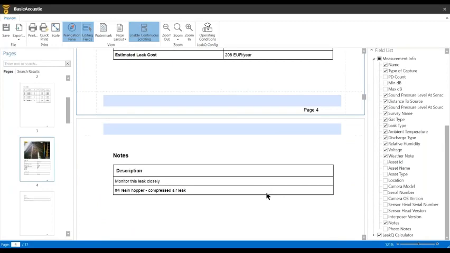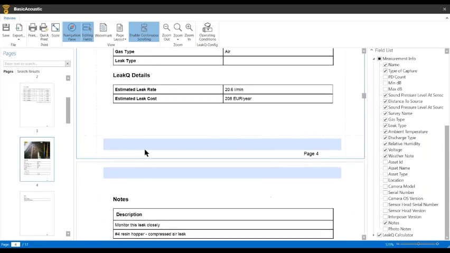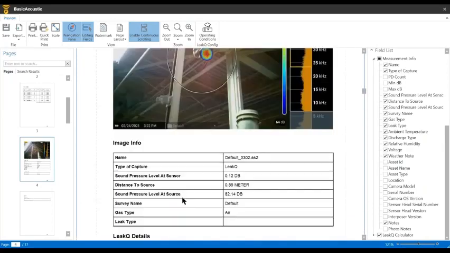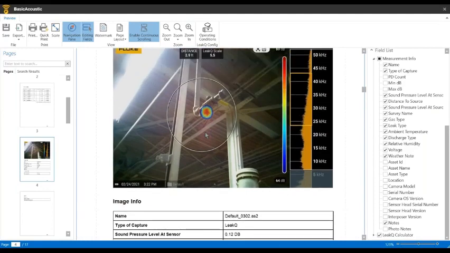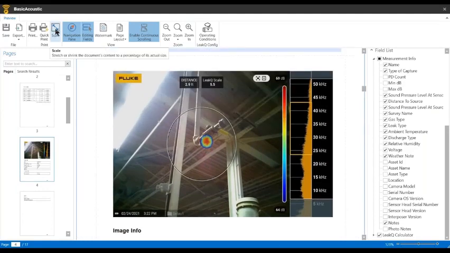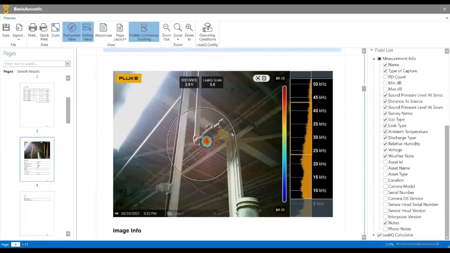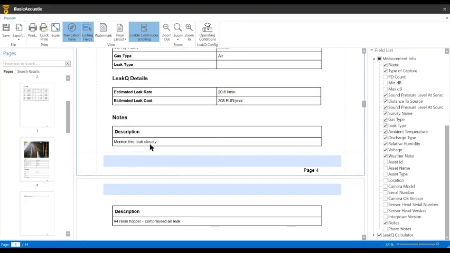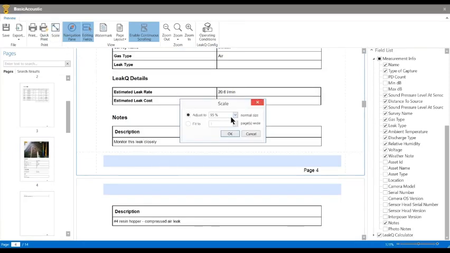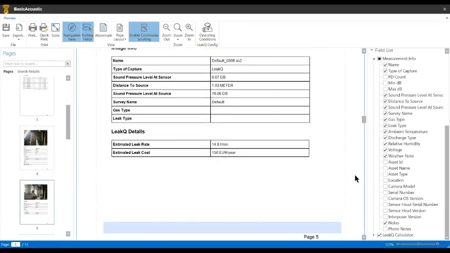Now, this is another frequently asked question. Everybody's like, well, it's rolling to the next page and I really want all of the information about the one image on the one page. That's where the scale comes in. Right now it's set to 100%, but maybe if I change it to make it a little bit smaller, now I got one of the notes on there, so maybe I need to make it a little bit smaller than that. And now,